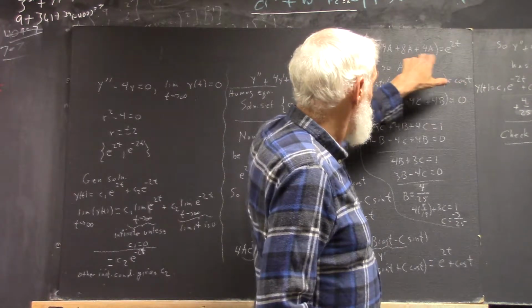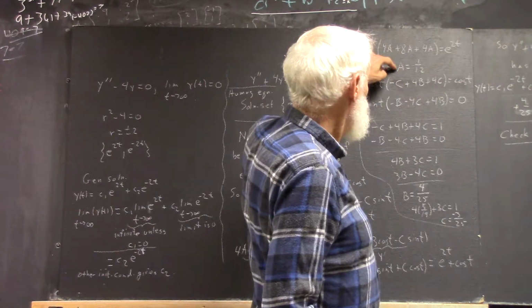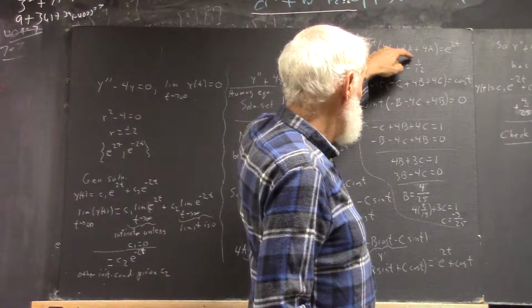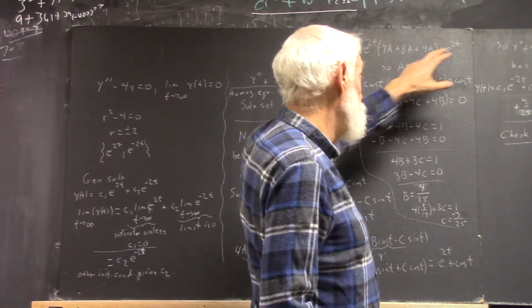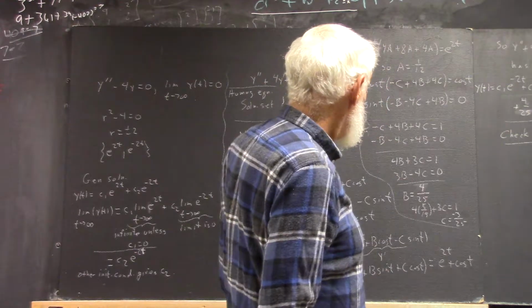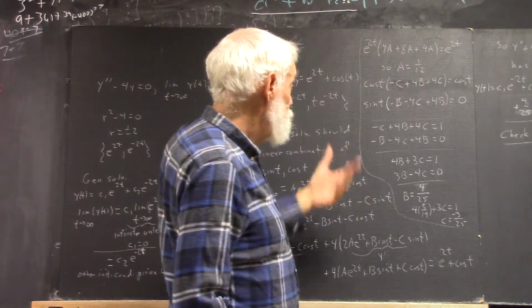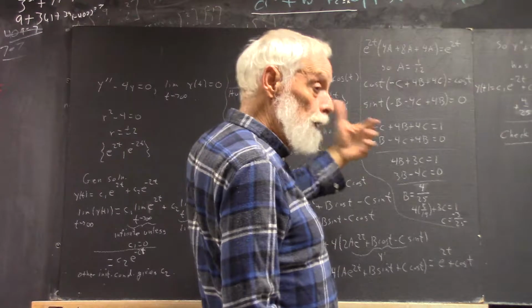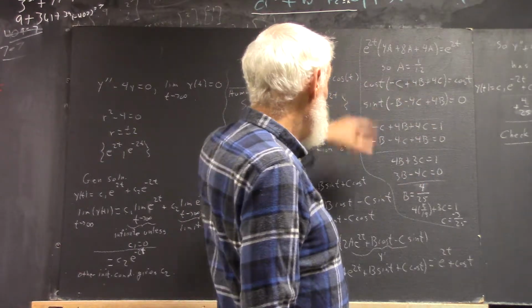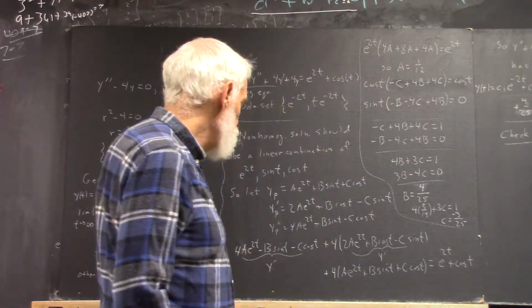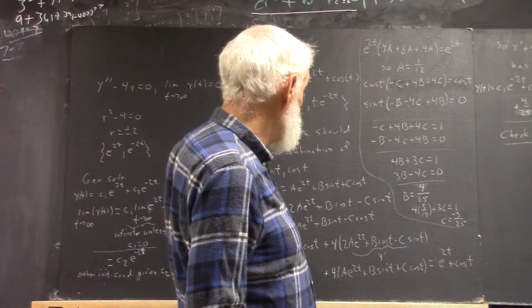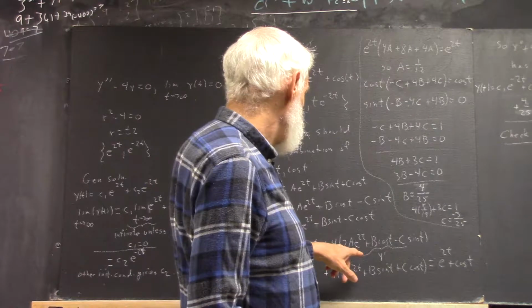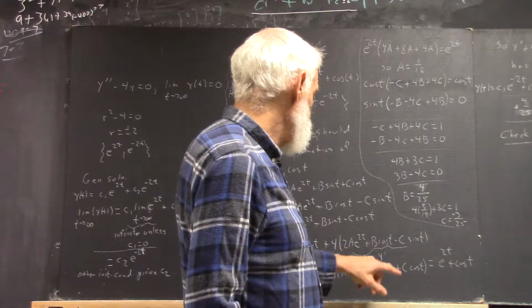So we have this equation, and we can easily then determine that a has to be 1/12. You can just add these up. You get 12a times e to the 2t equals e to the 2t. Divide by 12 e to the 2t, and you get that. Okay? With cosines, we have a negative cosine here, negative c times the cosine, and a 4b times the cosine,